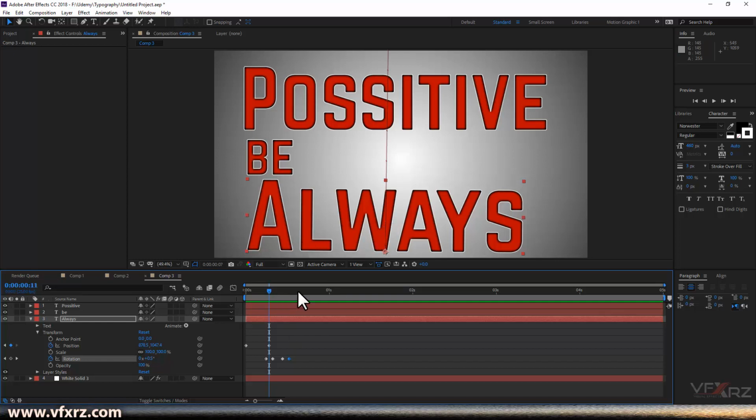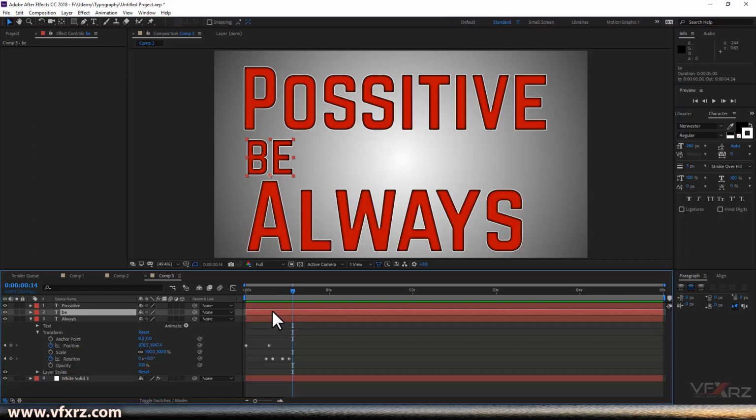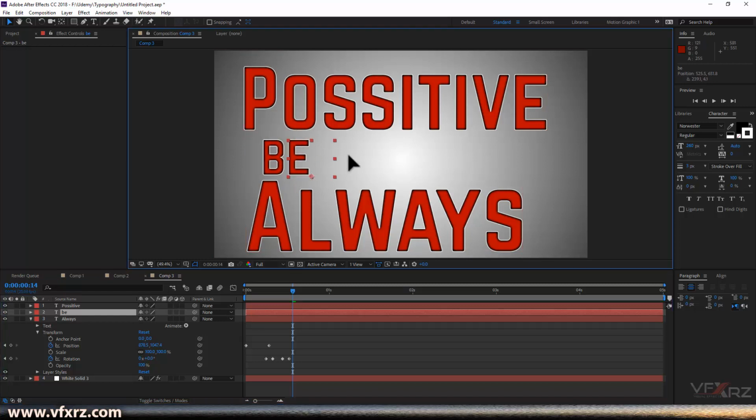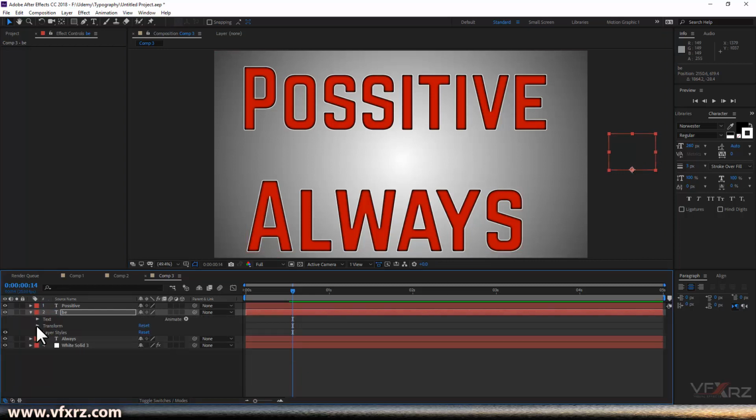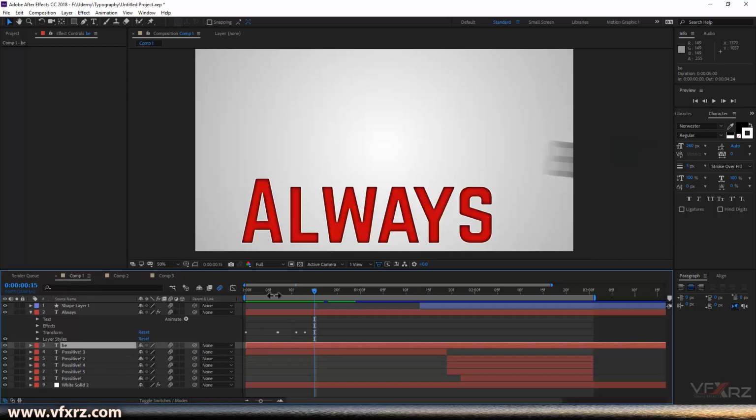Now after this, I want to animate this B. To create animation for this B, first change it to here because I want to start from here, and now open this transform, add a keyframe for position and add a keyframe for rotation, because here you can see it